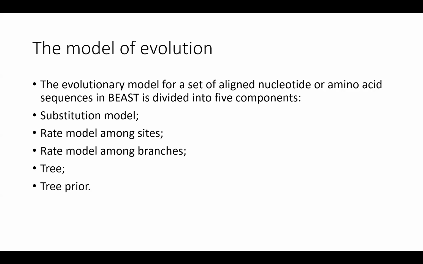Yes, rate models among branches. These models help scientists to understand and describe how different species are related. The basic model for rates supported by BEAST is the strict molecular clock model, which is calibrated by specifying a substitution rate or a node's rate. This allows the estimation of divergence dates for specific clades.